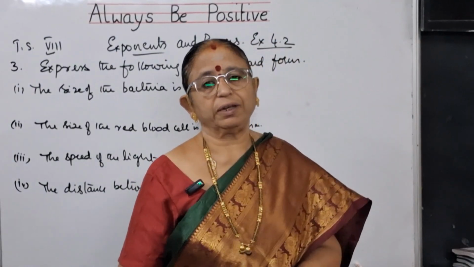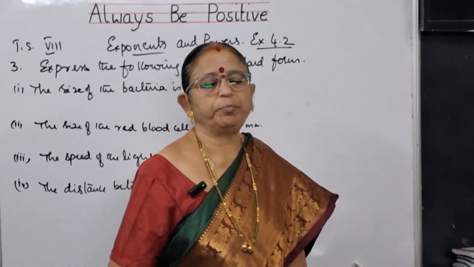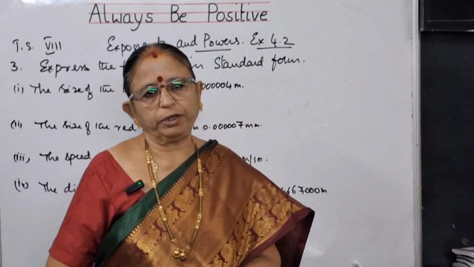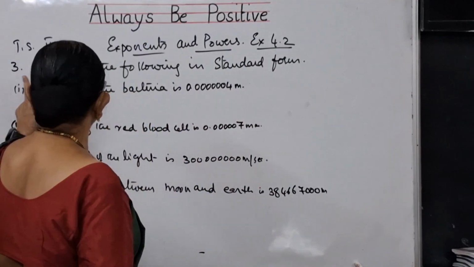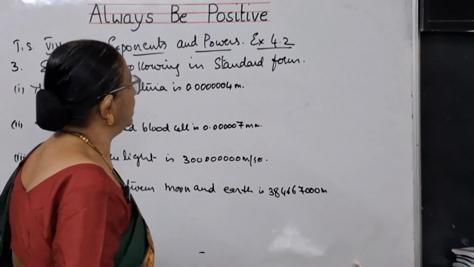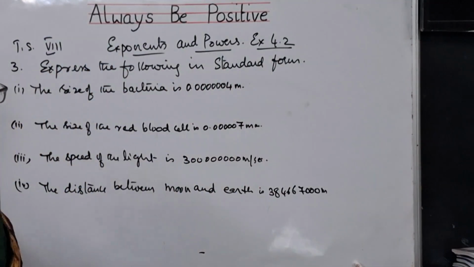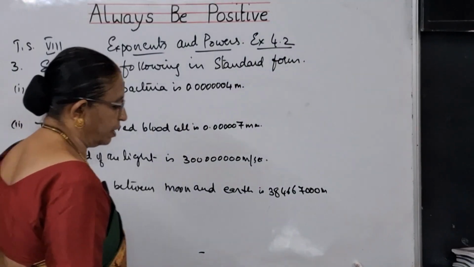Now I am dealing with 8th class maths, exponents and powers, exercise 4.2. Two sums I have already done. Third one I am doing. Express the following in standard form. That is the problem. So the first one is the size of